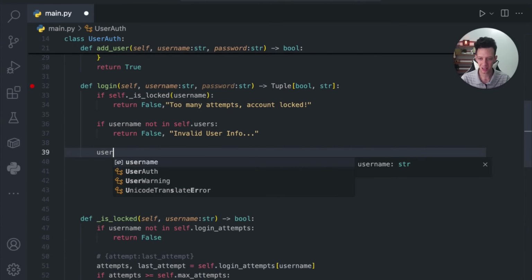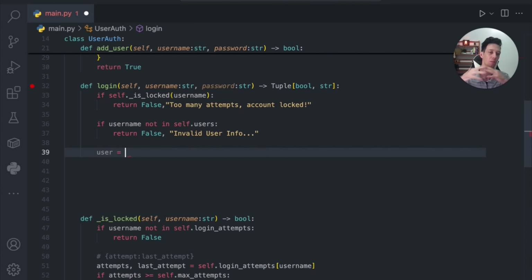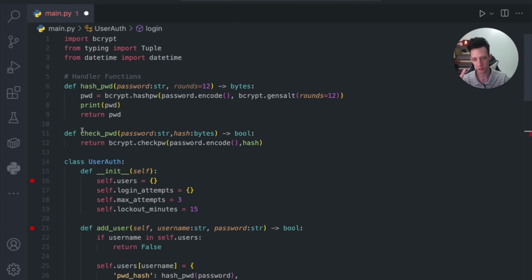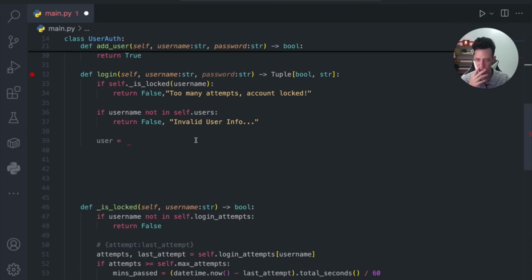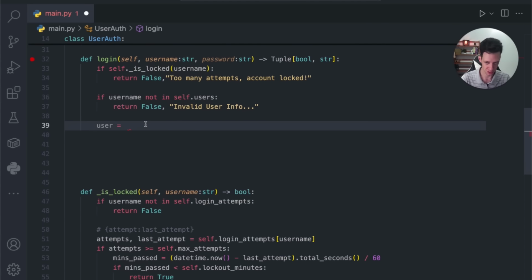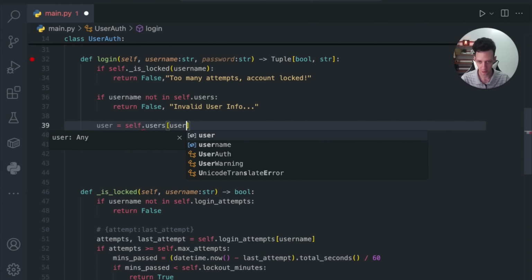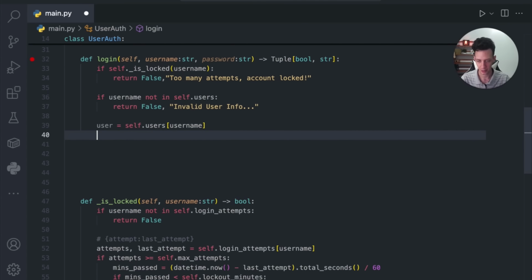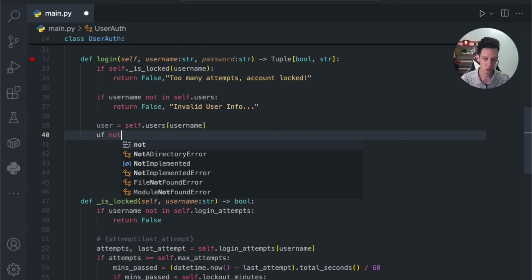Okay. Next up, we now want to confirm the passwords. We have a hash password. We made a function up here to check the password. These two should match. If they don't match, we have an issue that needs to be handled, right? So this is meant to do just that. We are just going to take our user's dictionary, give it the username, okay? If not